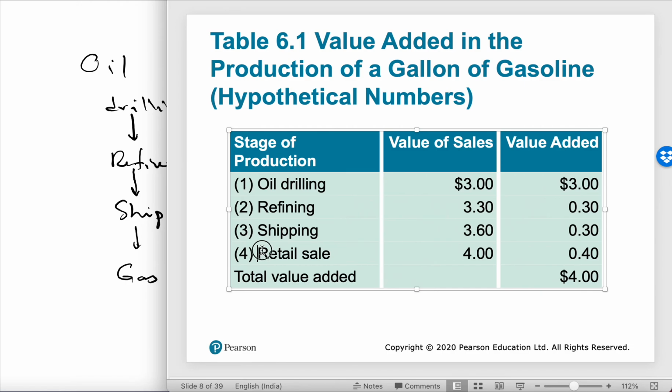And ultimately the gas station, the retail, buys it from the trucks for $3.6 per liter, and they sell it for $4. So this $4 is actually the sale value of the petroleum products to the customers. There is no more stage. Maybe the taxi drivers buy it for $4 and deliver a service. That's a different story. But we are referring to the value of all petroleum products which is being produced, so it should be the one which is the final.